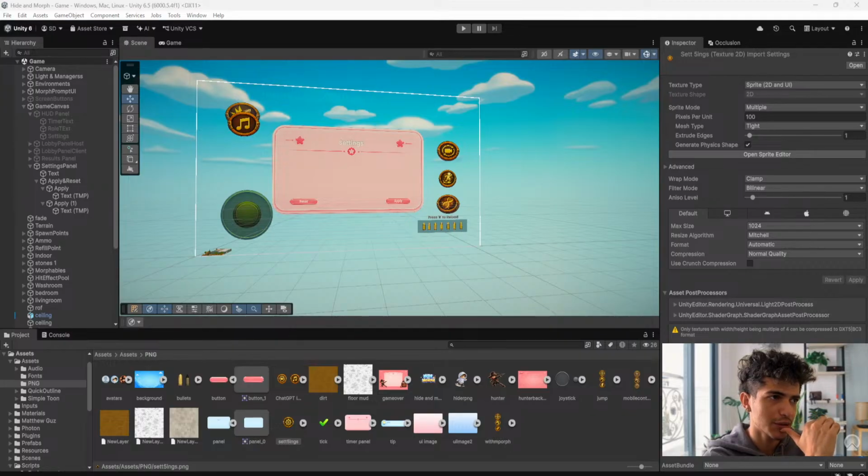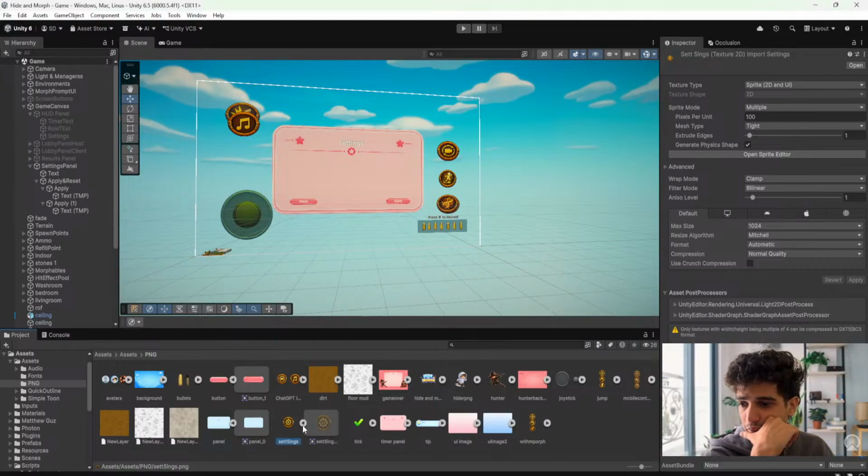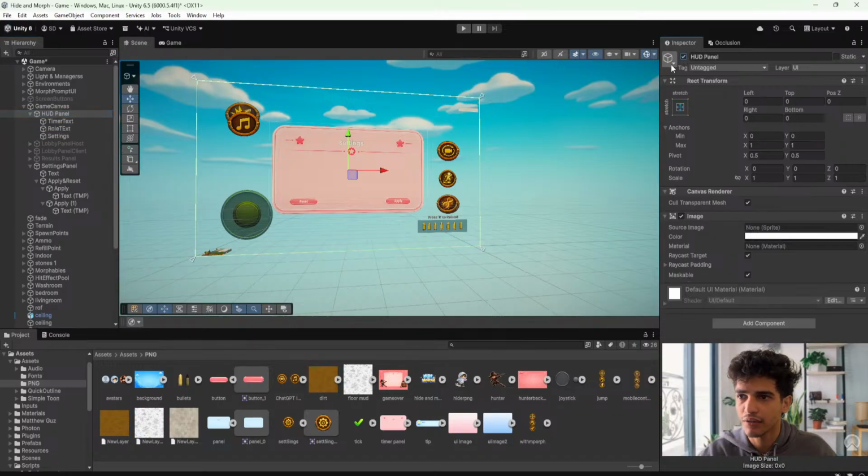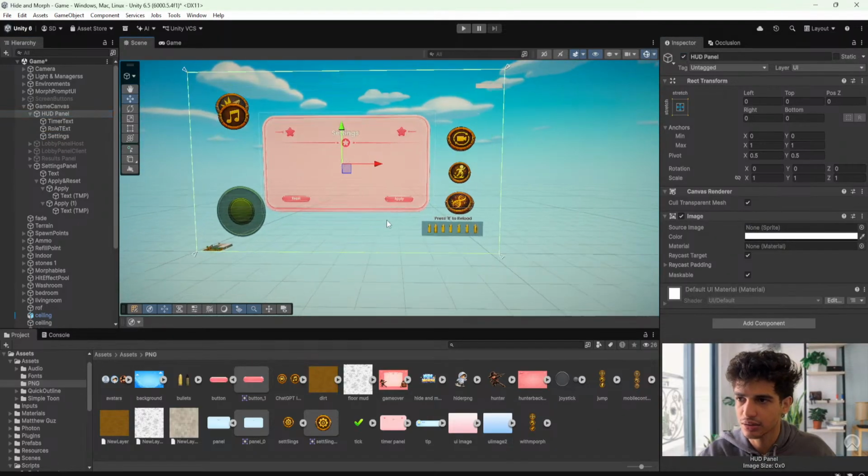And after we hit apply, we have our settings and our settings button. We can assign, if I turn on the HUD panel,